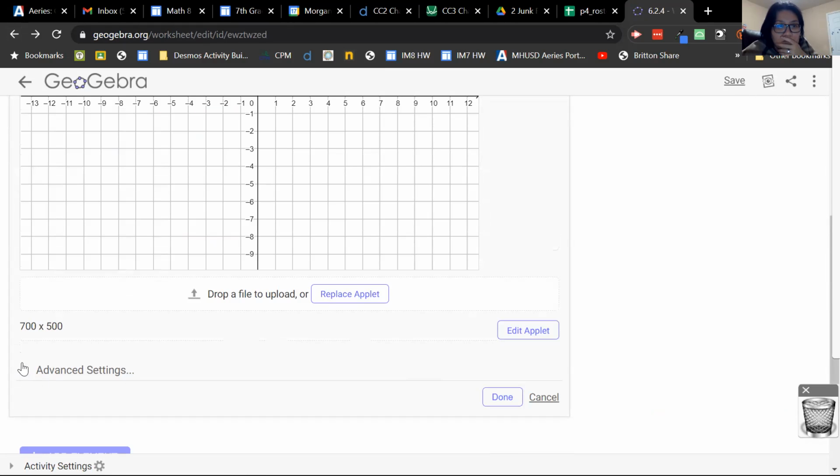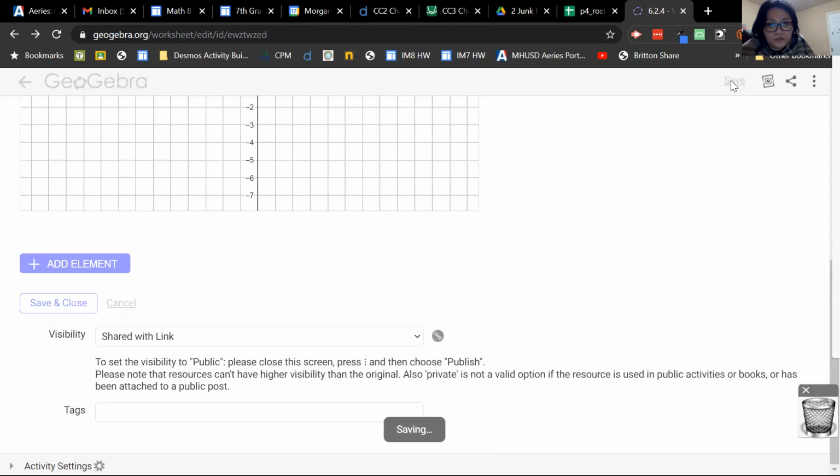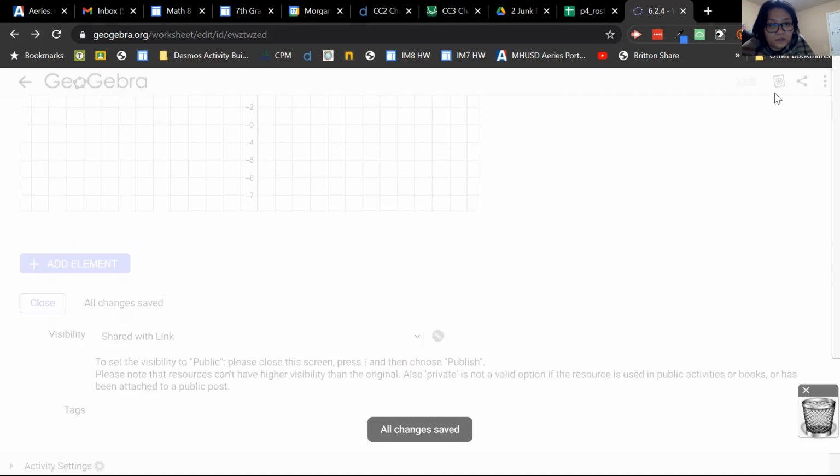Under advanced settings down here, you want to do show toolbar. Okay. And then click done, and then click save. And now when we go look at this,